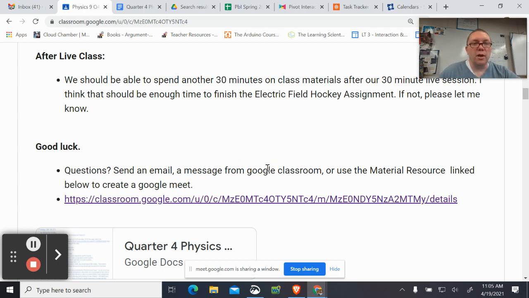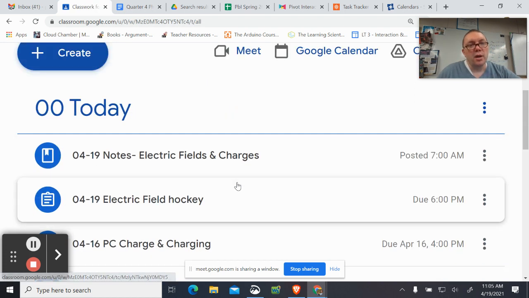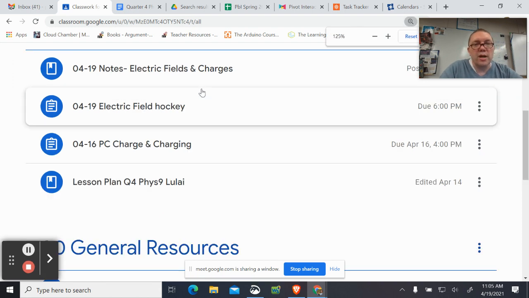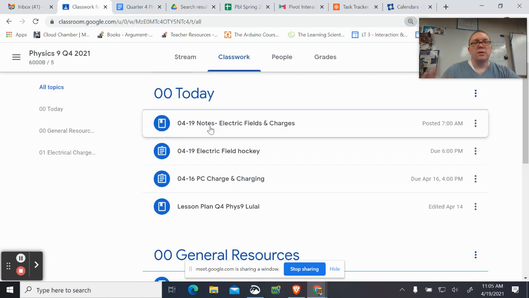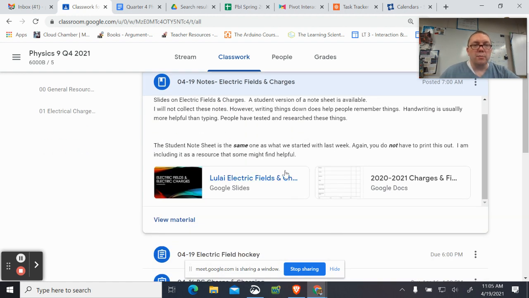So there we go. All right. The classwork section has a little bit of notes. So that's where I'm going to go right now. I'm going to make this a little bit smaller because I'm not used to that view right now. So we'll go through some of the notes. There's this note sheet that's attached that is the same as the note sheet that was attached last week. You don't have to use that. You don't have to at all, but it's just something that I'm providing because sometimes it's nice to have that